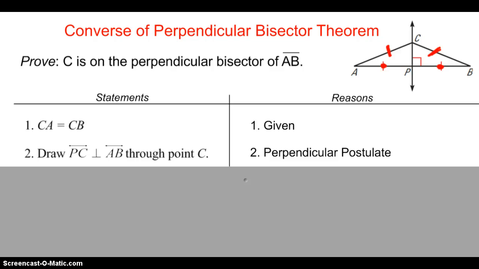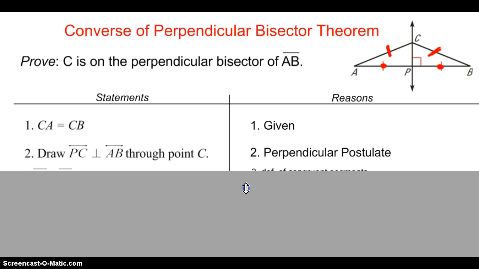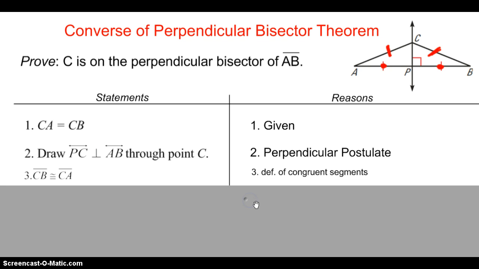And you want to think of triangles. Notice there's two triangles here, right? Think of congruent triangles. We just talked about congruent triangles last chapter. We have our ways to do that. So if we could get these two triangles congruent to each other, then we could get AP and segment PB congruent. So switching into congruence, we're going to say that segment CB is congruent to segment CA by our definition